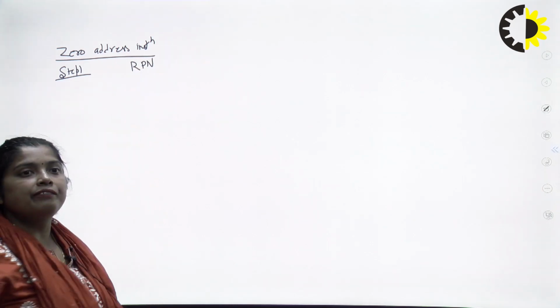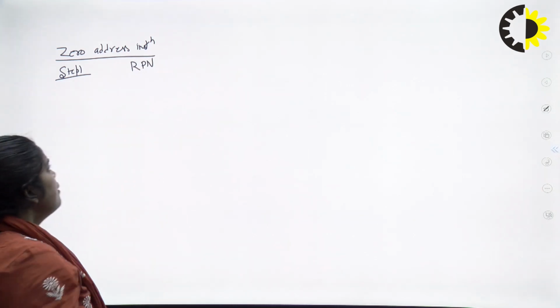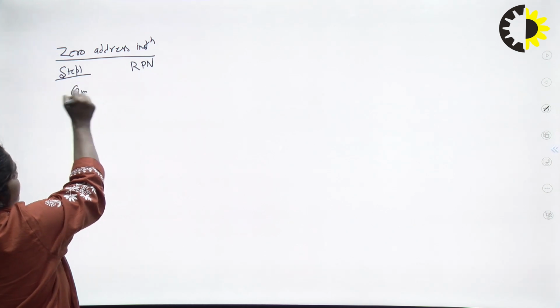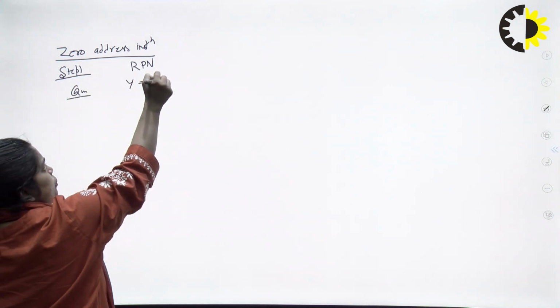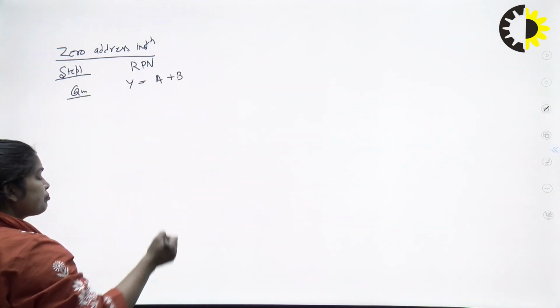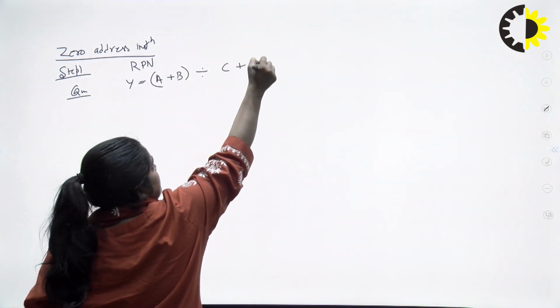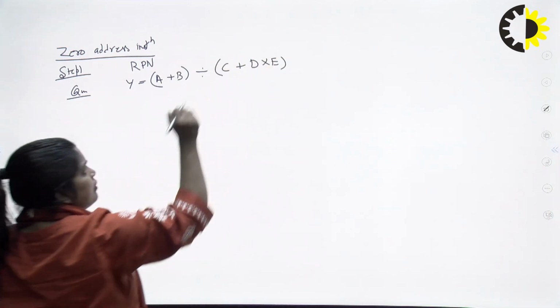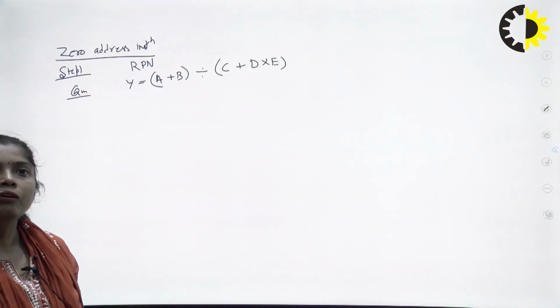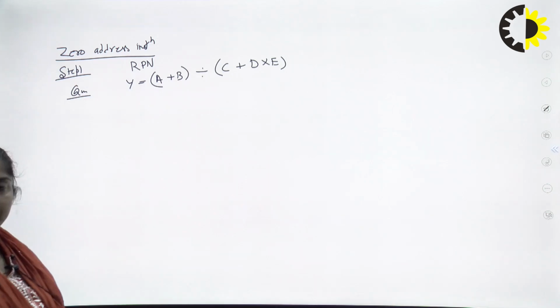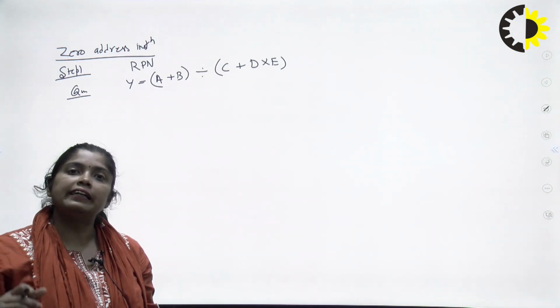RPN is the reverse Polish notation. Suppose the question is again the same, Y equal to A plus B divided by C plus D into E. This is the operation. Now RPN, the reverse Polish notation, is the post